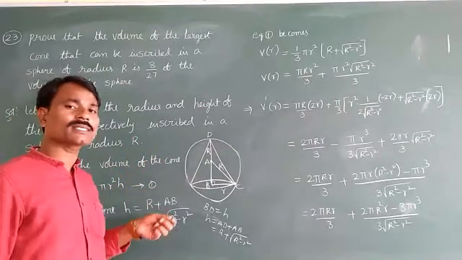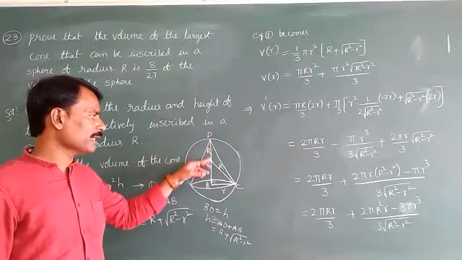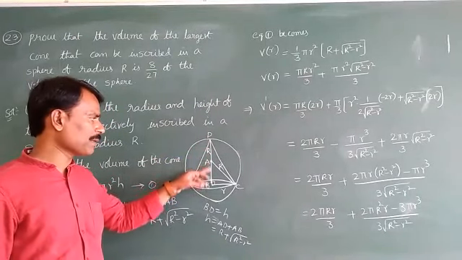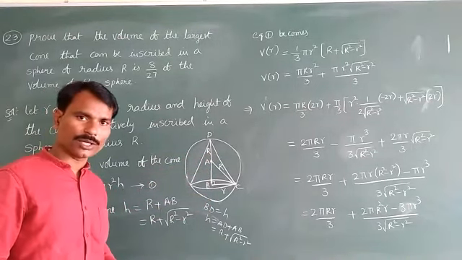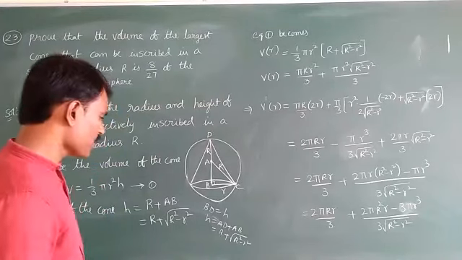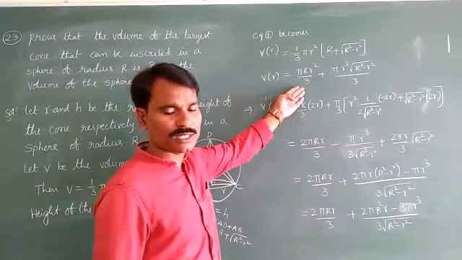That means the radius of the cone is smaller. Height means, how do you get the height? Height means like this it will come. So AB plus R means you will get H is equal to capital R plus square root of capital R square minus small r square. Then substitute it after making the function with a single variable.